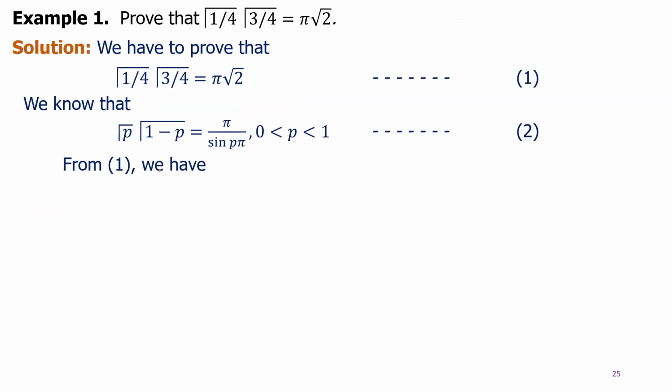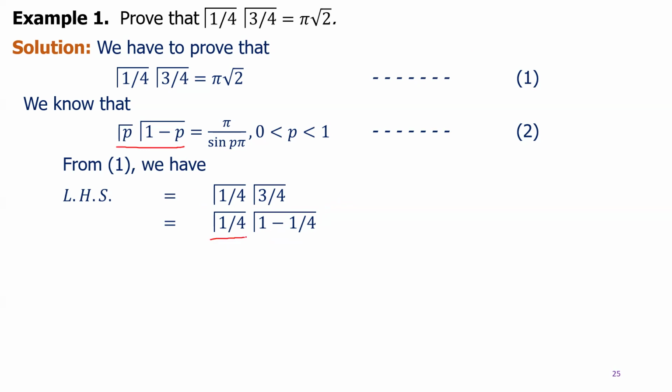From this formula, let us take the left hand side, gamma 1 by 4 into gamma 3 by 4. It can be written as gamma 1 by 4 into gamma of 1 minus 1 by 4, because if we simplify 1 minus 1 by 4, we get 3 by 4. If we apply this formula, gamma p into gamma 1 minus p, and here clearly p is equal to 1 by 4, which lies between 0 to 1,